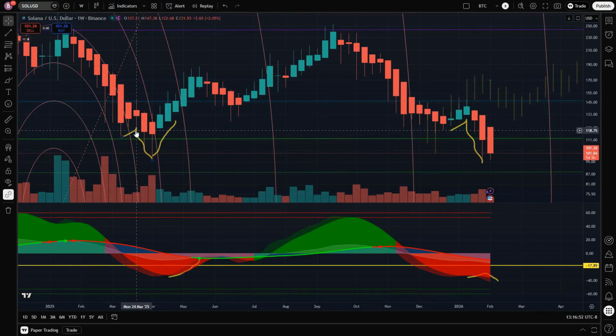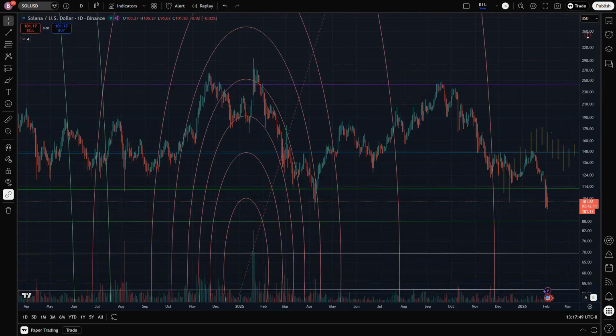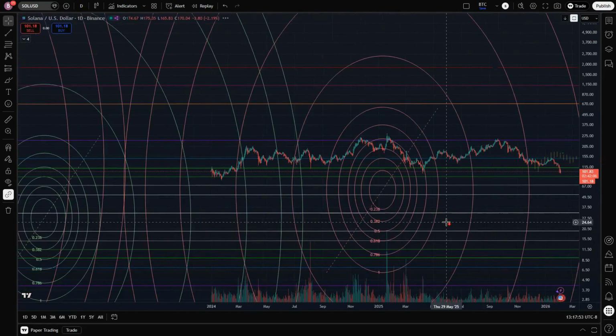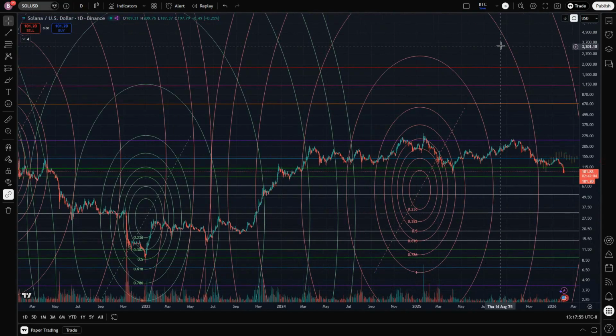But let me dive a little deeper because that's just on the surface. That's pretty easy to see just looking at the weekly candles. Let's dive a little deeper and get into some more advanced technical analysis. Okay, so now we are on the daily candles on Solana and we're going to dive in a little deeper here. I removed the indicator for now on the bottom so we can clearly see where we are on the